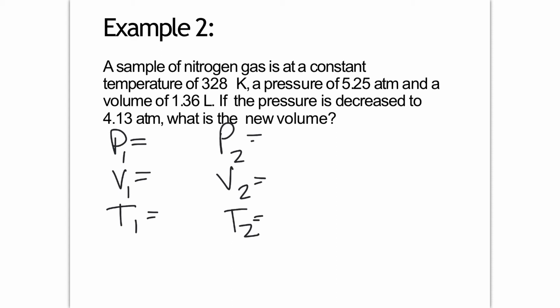A sample of nitrogen gas is at a constant temperature of 328 K. And it's constant, so both of these are going to be the same because the temperature doesn't change. We start out at 5.25 atm,